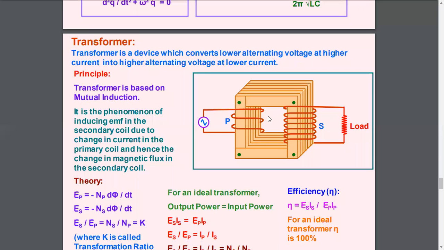Now we have to discuss the principle of the transformer. This is the block diagram of the transformer. This coil is called the input coil or primary coil, and this coil is called the secondary coil or output coil, and these two coils are coupled together with a ferromagnetic substance like iron. This iron is not a single solid iron but is in the form of rectangular plates, separated from one another with the help of insulating material like mica. We will discuss why it is done so.